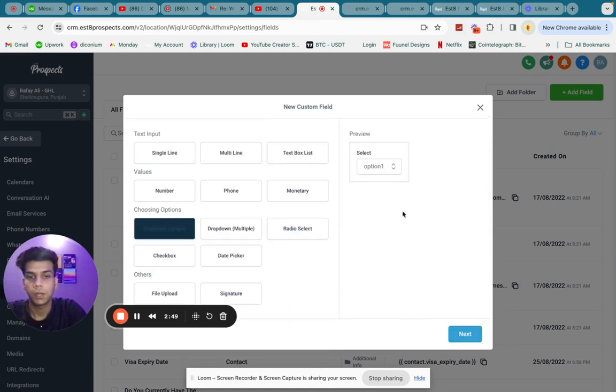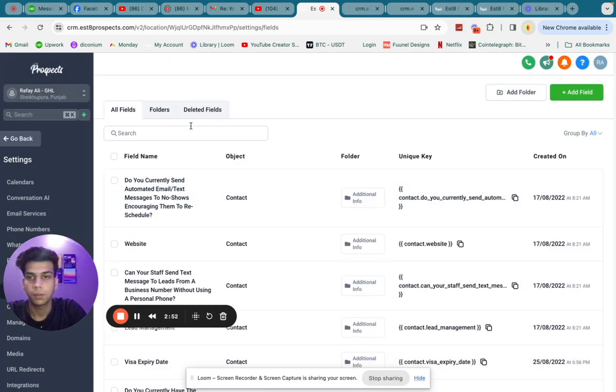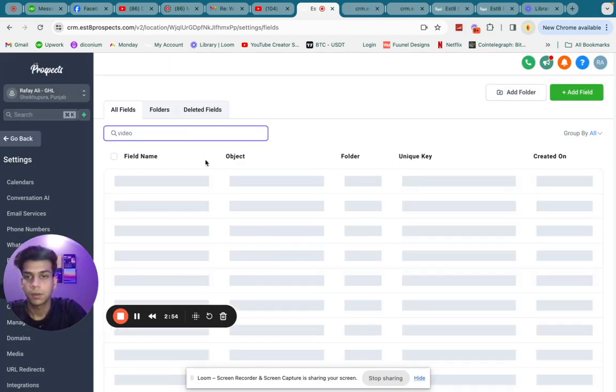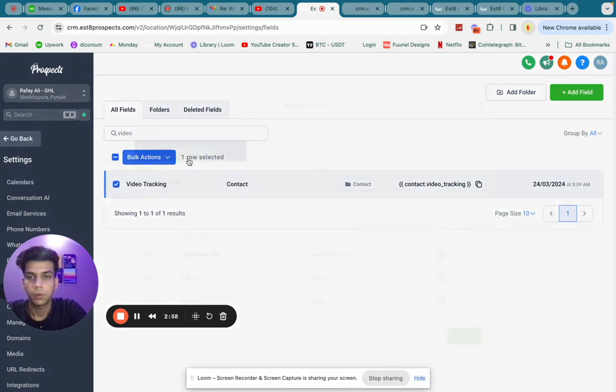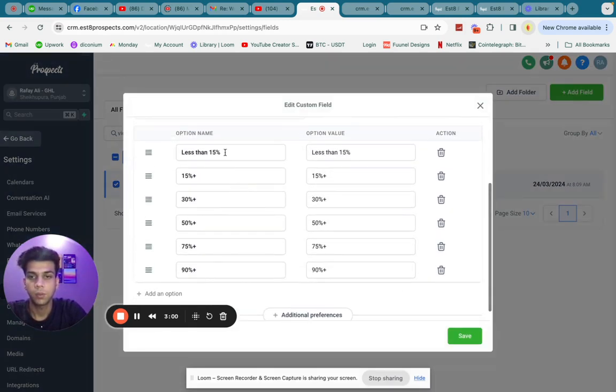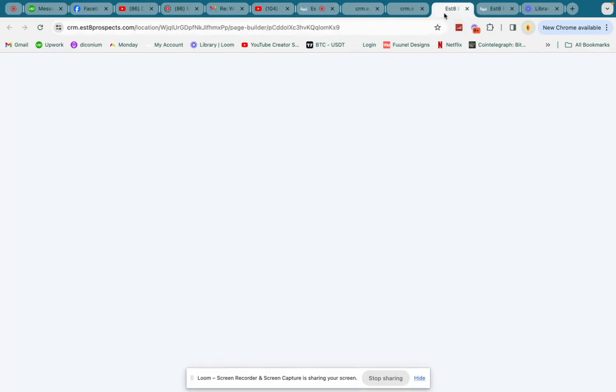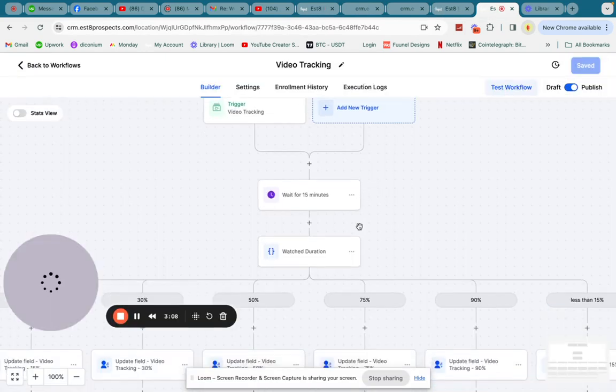I will show you the field. I have already built that out, so it is easier for you to understand. Video, select the video, go to edit, and here. So like this, you will set up the custom field. Once this custom field has been set up like this, now you can use this in your workflow to update